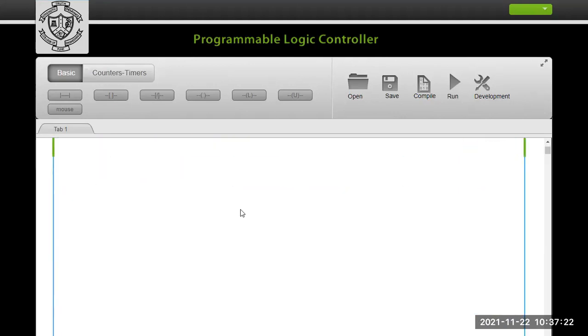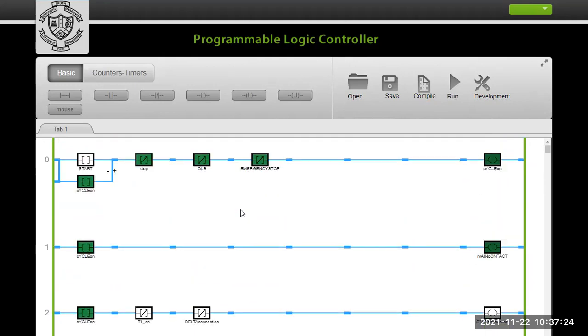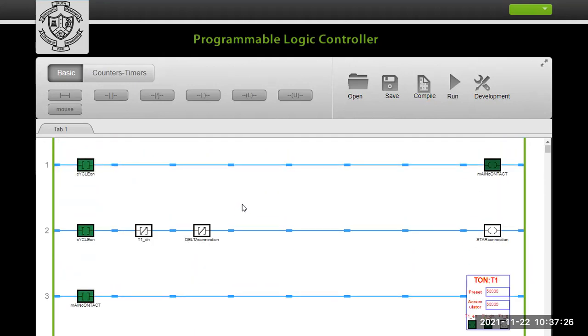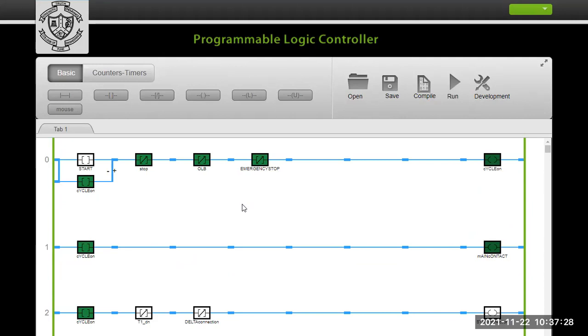And this is the ladder logic. And guys, do you have any questions? Then you may ask me. Otherwise, I am going for the next control circuit. So I am going for the control circuit diagram.